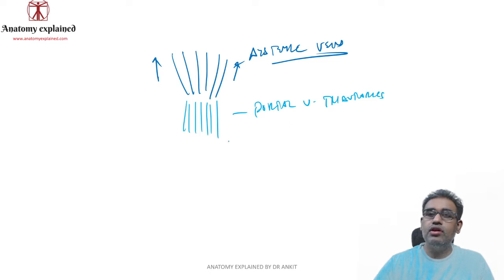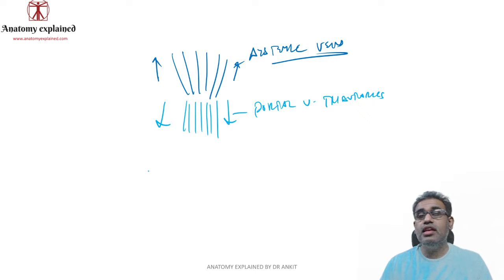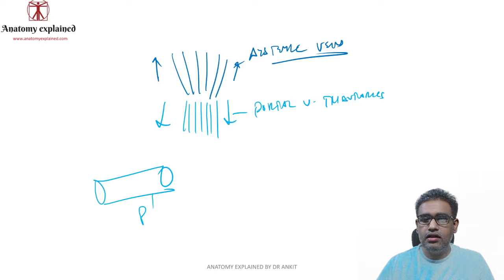They are going where? They are going to the portal vein. So blood is going in this direction normally. So ultimately, just try to imagine that this is our thick portal vein over here. All these are draining over here.